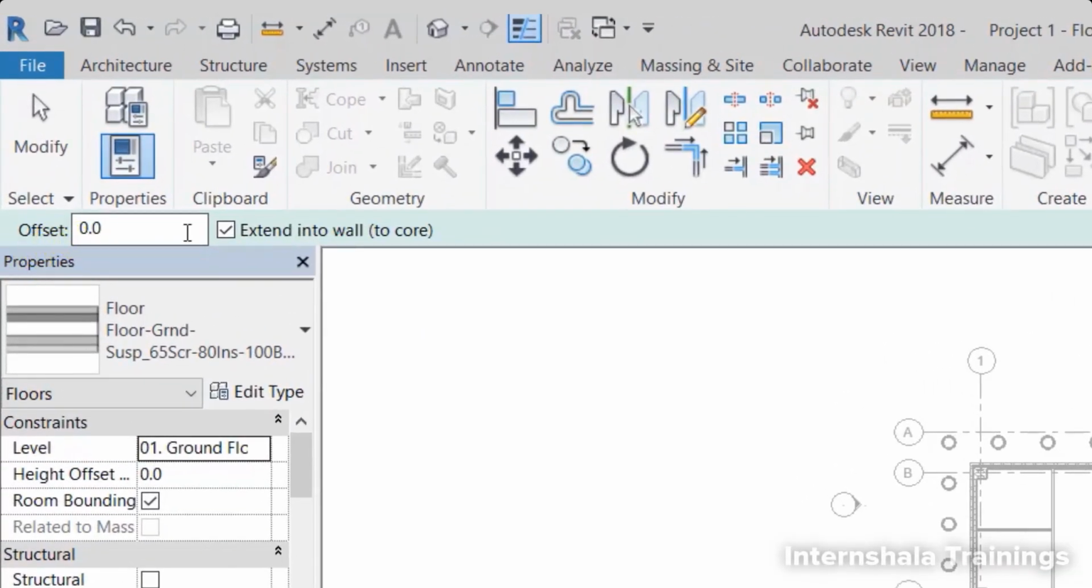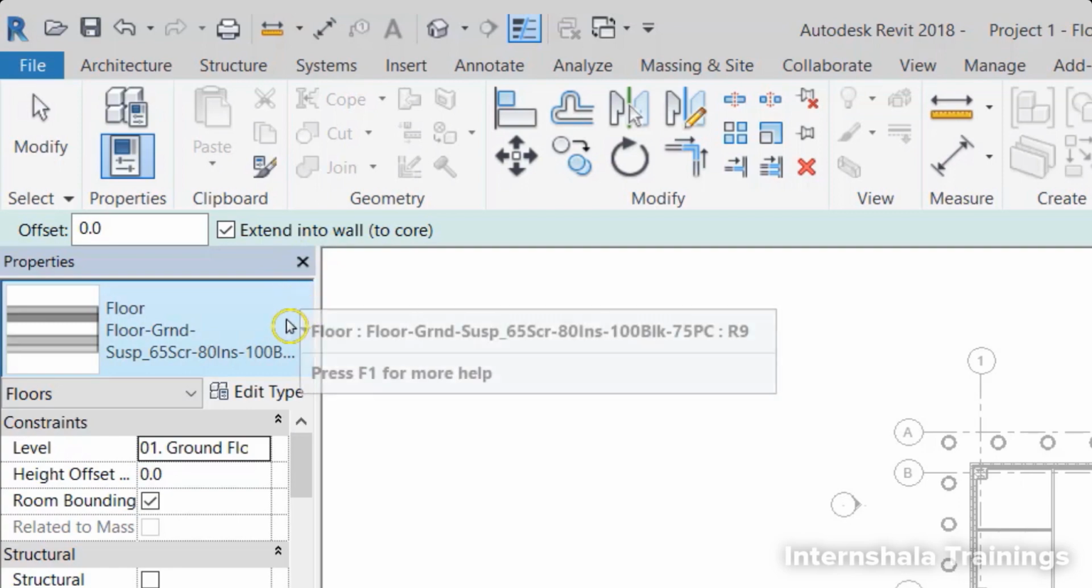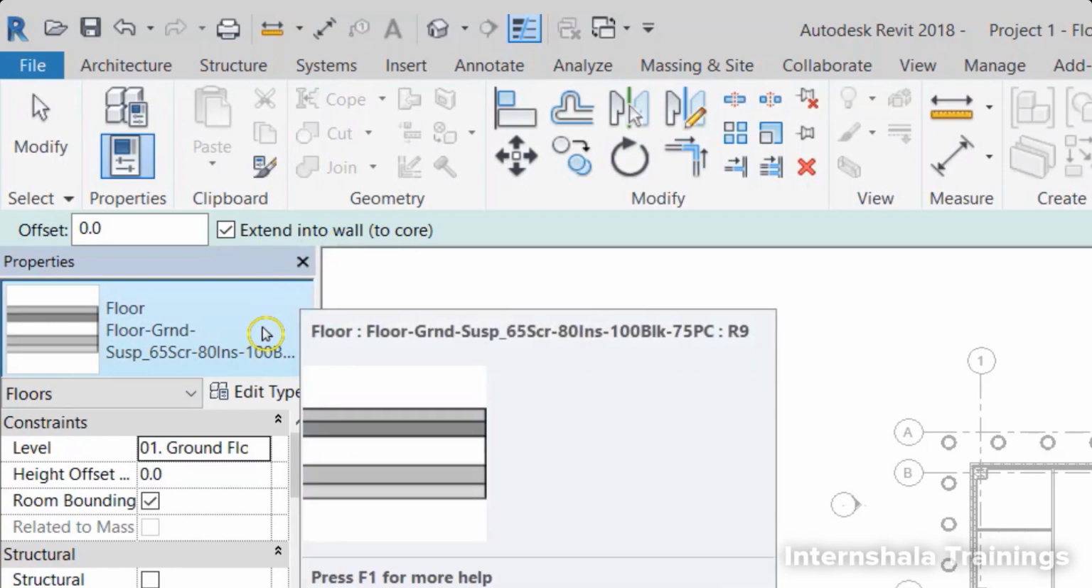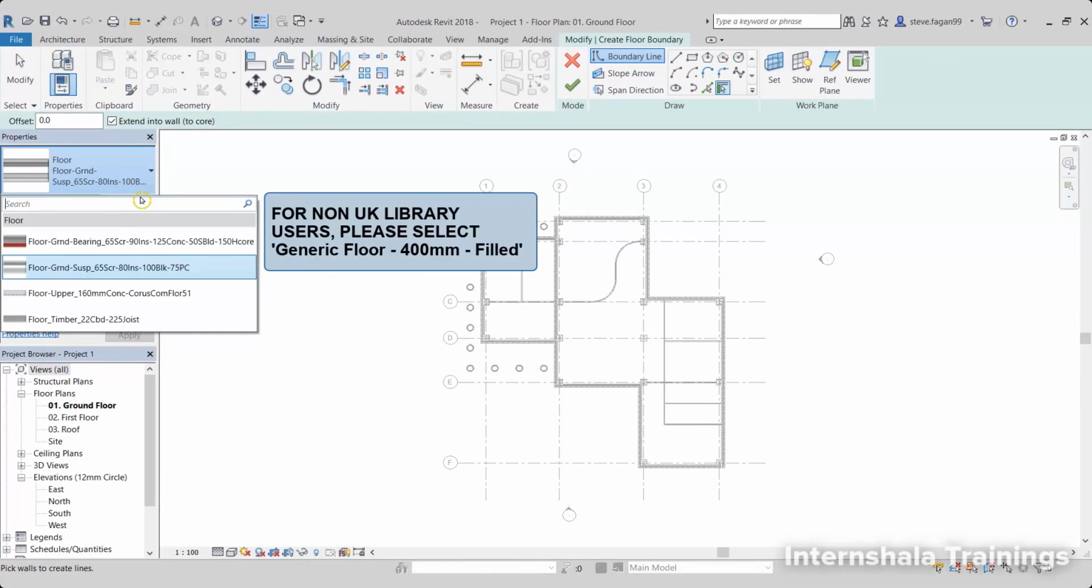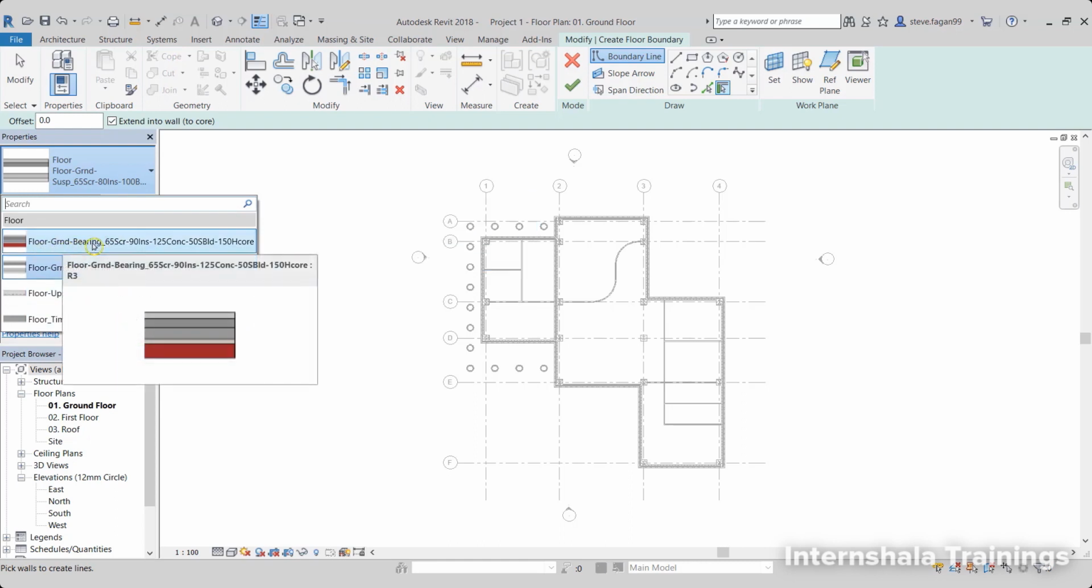There in the options bar, we can create an offset, and the extend into wall core option, we'll have that ticked on. Again, what that is, when we create the floor, it will extend in through the wall and attach to the core itself. So what we're going to do is change over our floor type. We hit the type selector. By default, we'll have 4 different types: 2 ground floors and 2 upper. So if we go for the first one, the ground bearing slab,